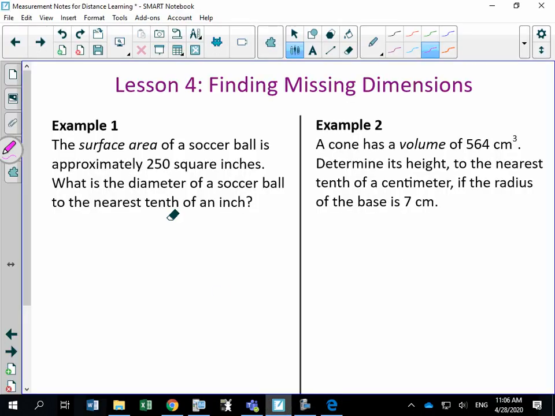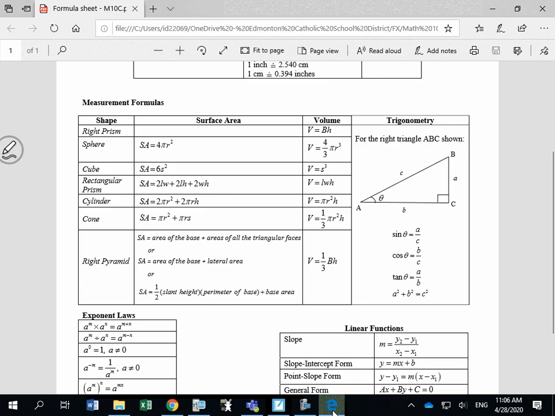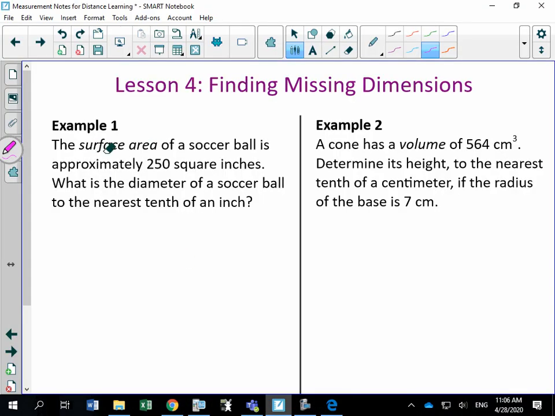In these questions, it'll often just be a word problem and they won't even have a picture of the shape. So you have to be able to figure out what shape they're talking about. Example 1 says the surface area of a soccer ball is approximately 250 square inches. We know that a soccer ball is a sphere. And because they're saying surface area,